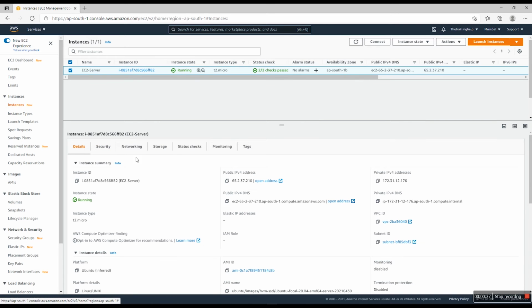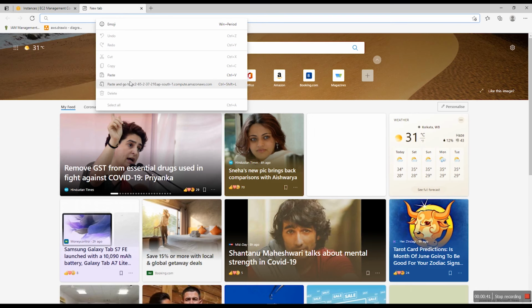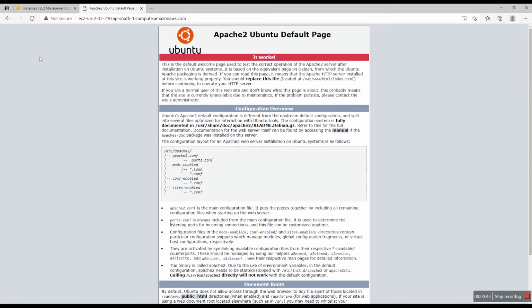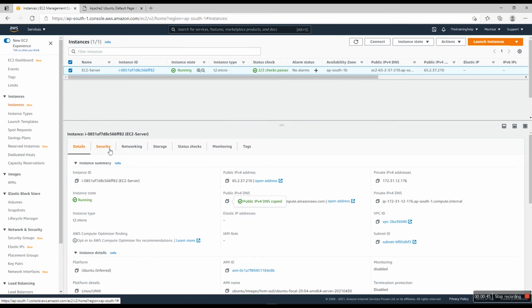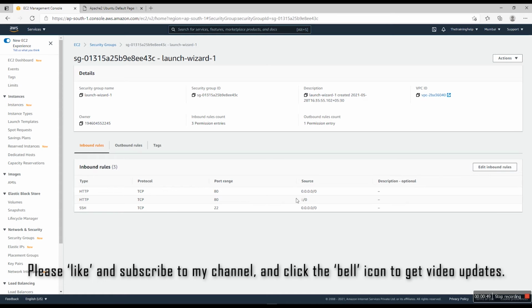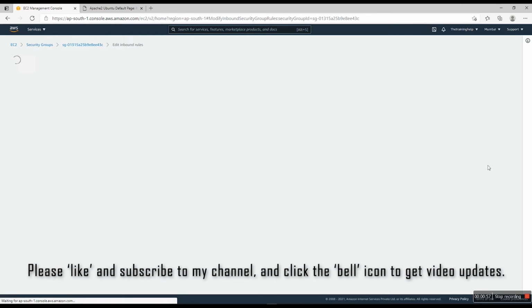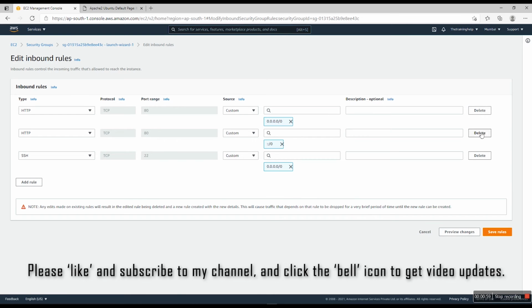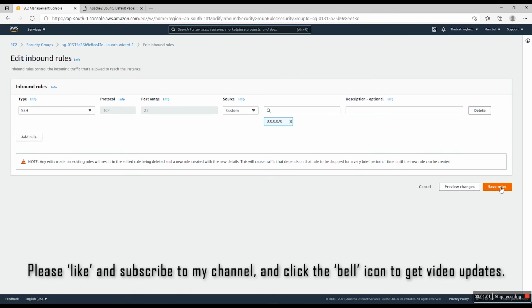So we can edit it and do things. Let's check that in the security group, yes, port 80 is allowed. The double colon /0 means IPv6, and this one is for IPv4. So we edit that port 80, delete it and save it,